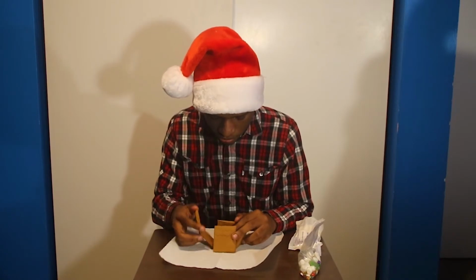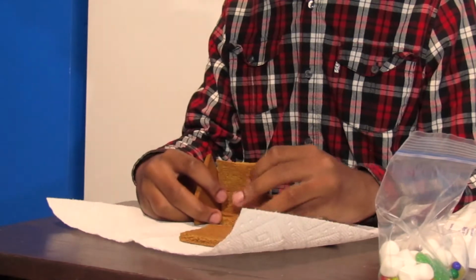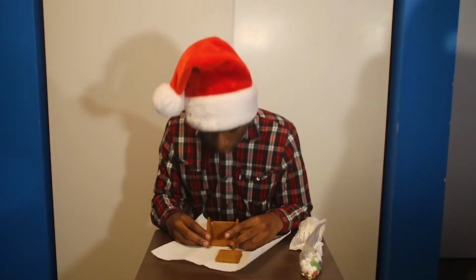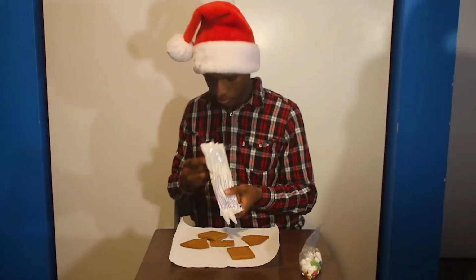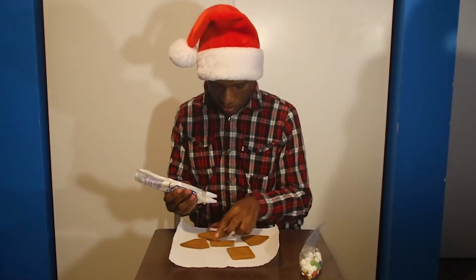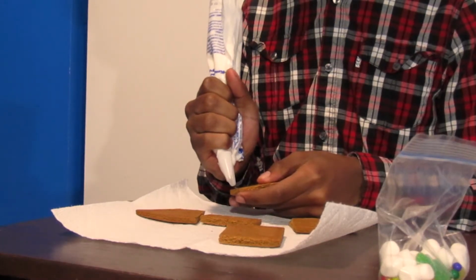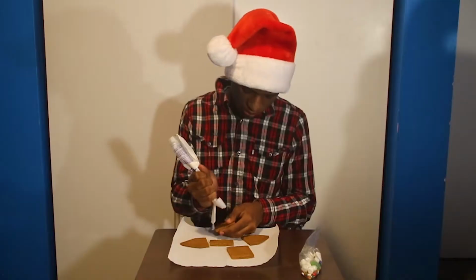Wait, should that piece go on the bottom? Let's see if that piece can actually fit right there. It's a little confusing, gingerbread houses. I don't know what I'm doing. Okay, yeah. Be like a longhouse, like a little tiny church. Put the frosting on, I guess. Oh god, how did I just have this? Careful. Not too much, because then it'll overflow. Not too little, because then you won't have a...